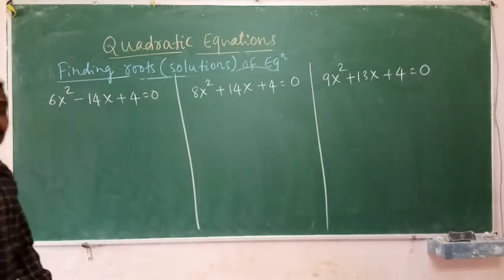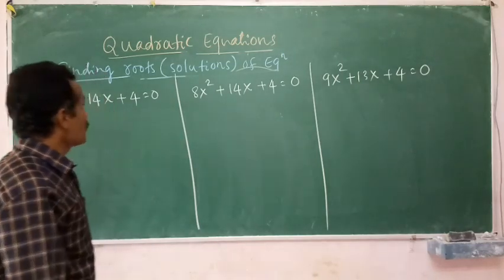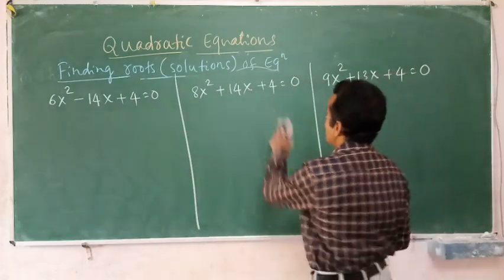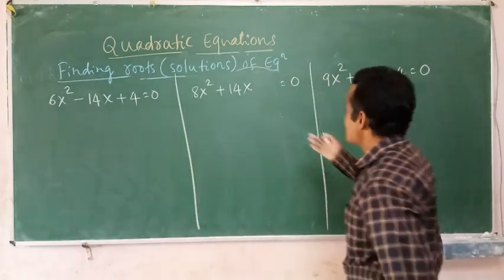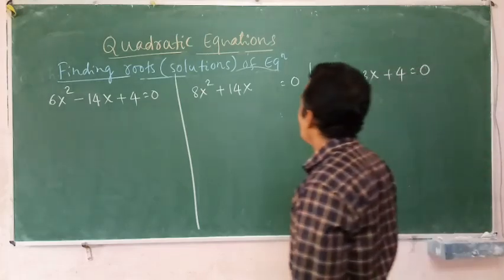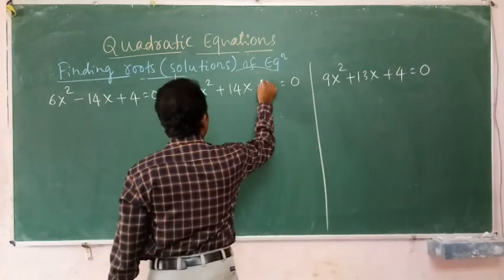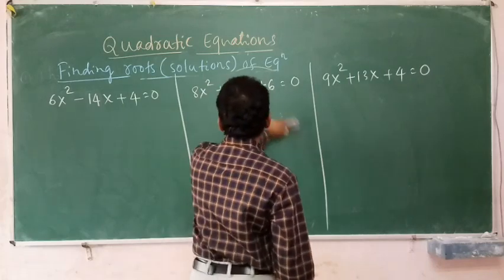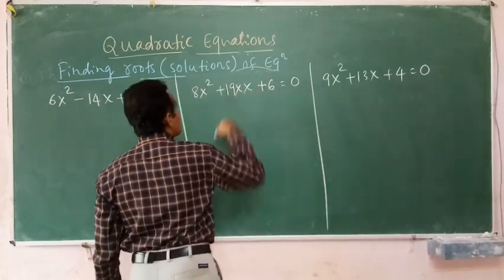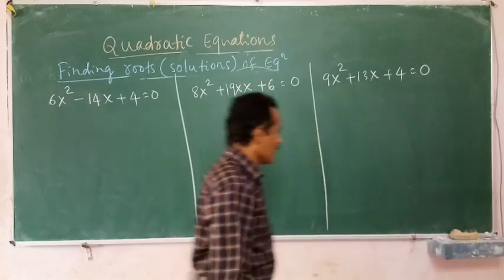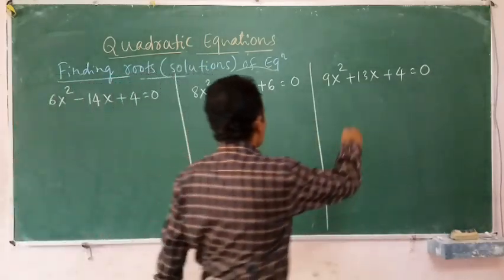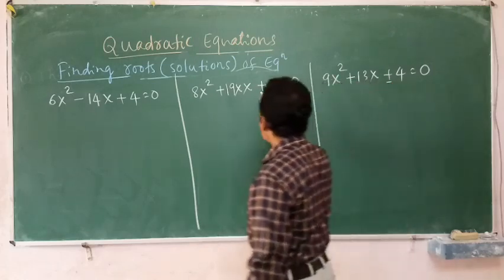My dear children, the point to be noted, unfortunately everywhere is plus 4 only, and let me change it. Let me change this problem. Everywhere otherwise all plus 4 only, okay? I can take plus 6 here, okay? I can say 19x plus 6. But one thing to be noticed here, everywhere your last sign is positive.